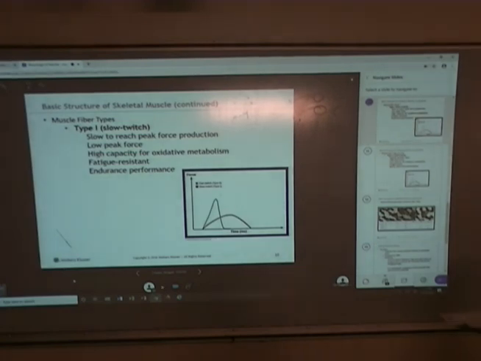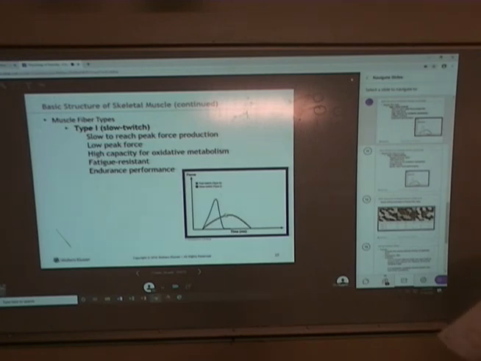So type 1, on this diagram, type 1 is the orangey kind of line. So you can see that it's relatively slow, okay? Because this is in milliseconds, so it's not slow. It's just compared to type 2s, it's slow, right? Relatively slow to reach its top force. And the top force is quite a lot less than a type 2. Right? However,